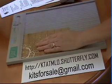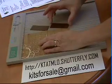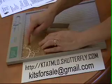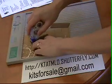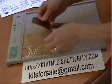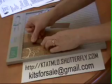Now we're going to take 2 little smaller rectangles that come in your pack. We're going to adhere those to each side of our purse. So I'm going to quickly take this solid textured paper and I am going to adhere that right in the middle